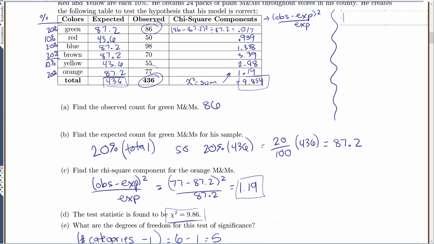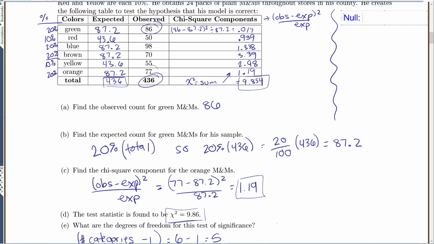So sometimes she will ask you for the null and alternative hypotheses, sometimes she won't. Just to save time, she picks and chooses which parts to ask from which questions. So even if she doesn't ask you, you need to write down the hypotheses just so you know what you're doing in the problem. And if you forget and you get to the end, go back and write them in.